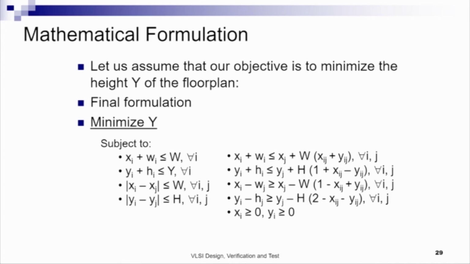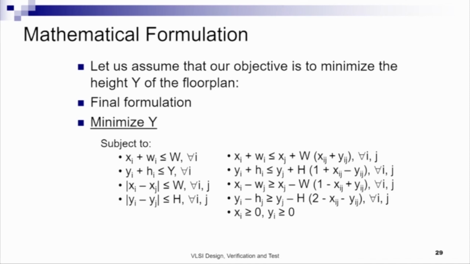And then we satisfy all these four constraints that we just mentioned in the last slide. One of these constraints will be true depending on the relative position of one block with respect to others, and it has to be true for all pairs of blocks, and therefore for all ij pairs these constraints have to be jotted down, and